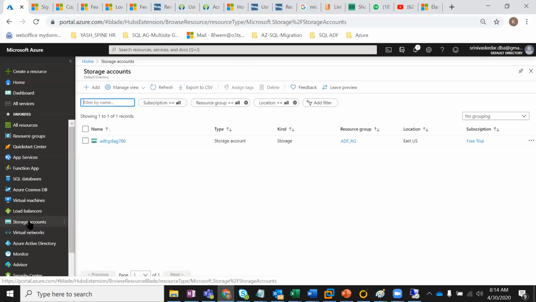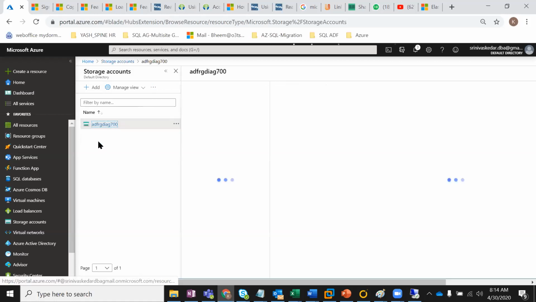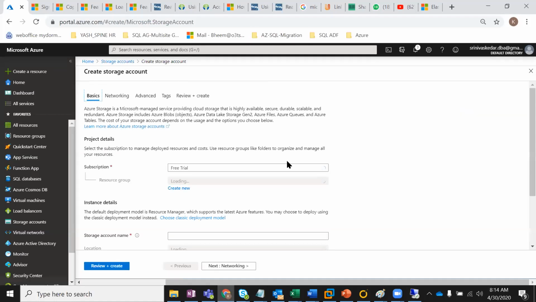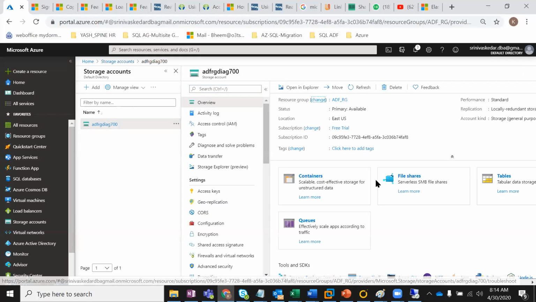If you know only SQL, this is not a good approach for a cloud DBA. Okay, you would have to know about all these basic things as well. Okay, so I have my storage account here. ADF something. There is one storage account I have. You can even create one, or you can use the existing one as well.